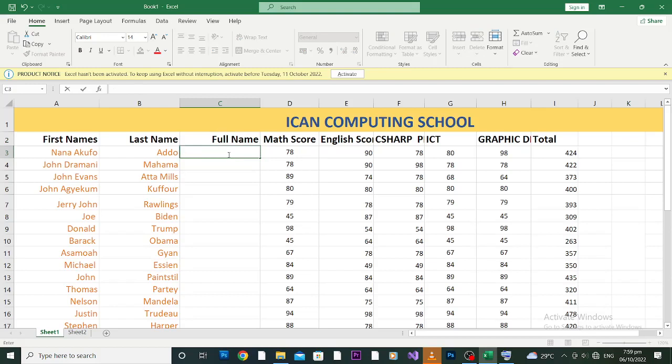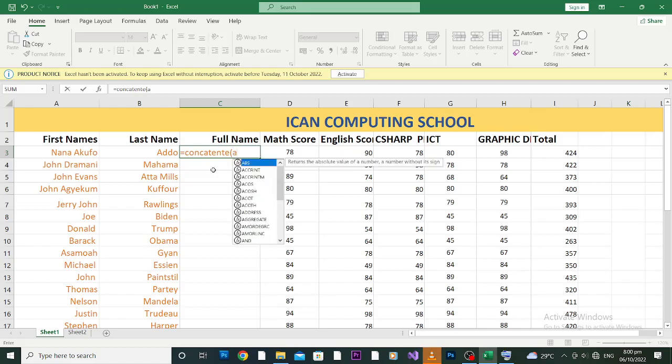So I have the concatenate function. Concatenate, which means bring together or bring closer. So to do that, we do equal to, then you spell the word concatenate. Then you bring your bracket. Where do I want to concatenate? I want to concatenate A3